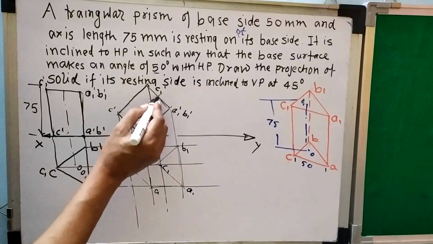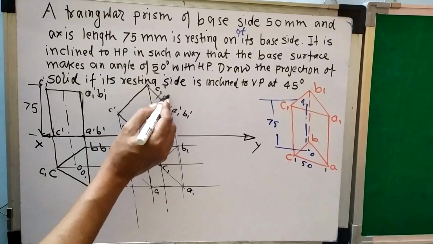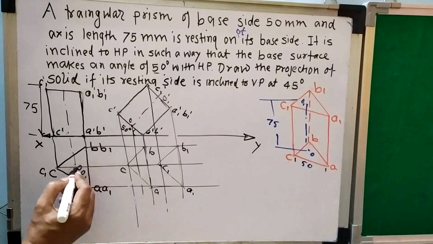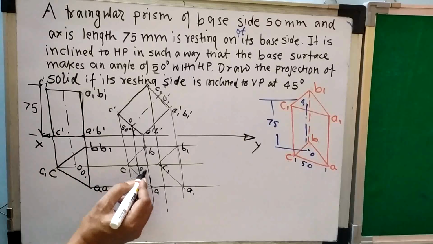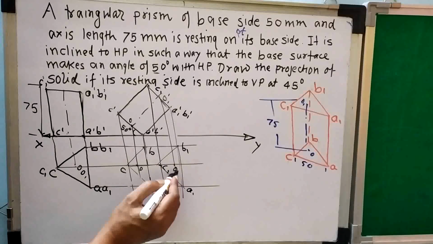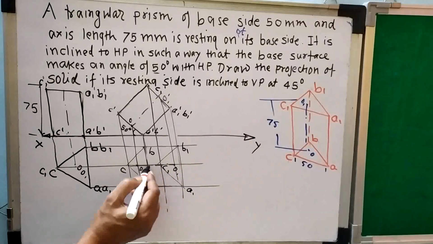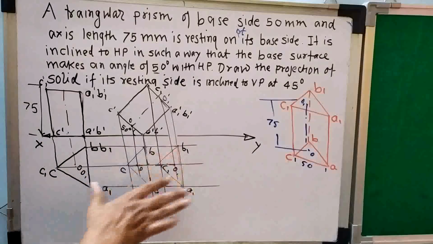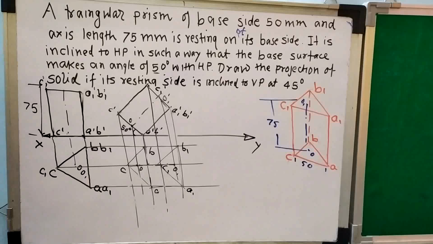And if I consider the axis, this is O1 dash and this is O. So if I project from this, this will be O and this will be O1. So this may be the axis, right? So this is the axis. So see, this will be the solid. Now this is the rough sketch. Now I have to finalize it.